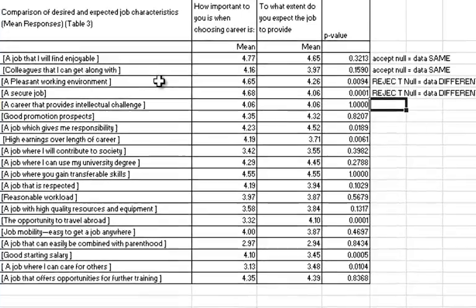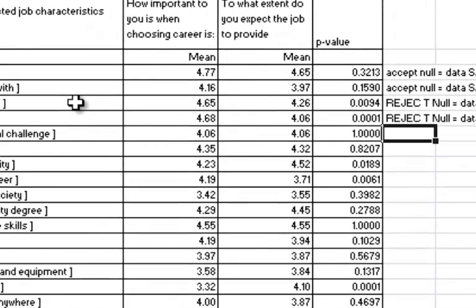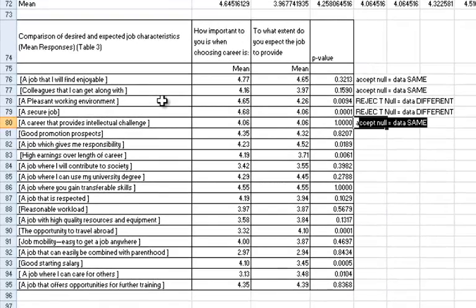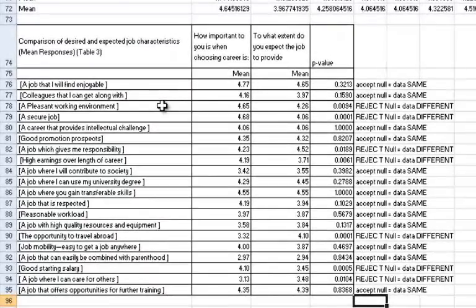If we look at the next one though, it's much larger than our significance value, so we're going to accept the null value. Again, this one is bigger than 0.05, so we've got to accept the null, but this one is smaller, so we reject the null. And we can carry on going through all of these until we have completed them. So now that that's done,